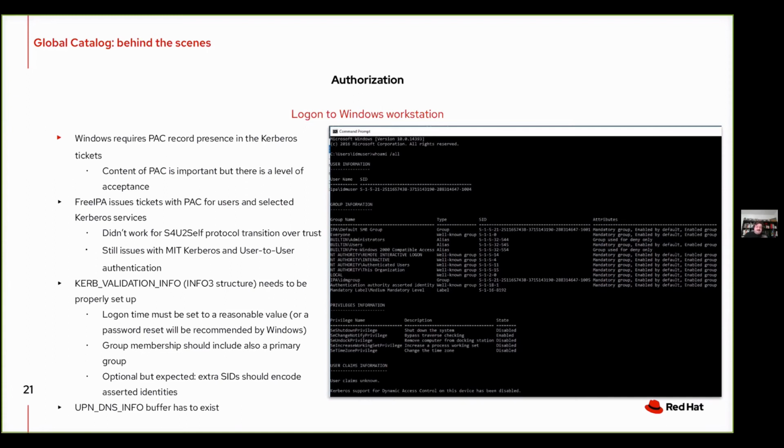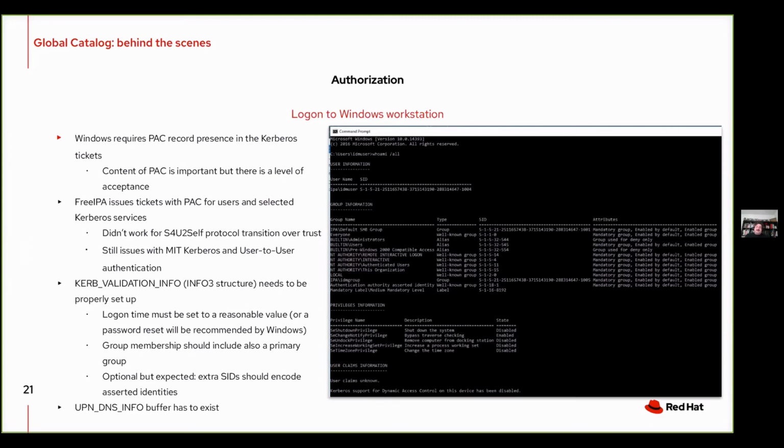So this is what we get with the changes we made, and there were some funny parts to this, because you can actually have a PAC that is not really fully compatible or compliant with what you see in the PACs in the tickets issued by Active Directory domain controllers, and it still would work. So for example, the logon time in the PAC structure in IPA was set to 0.